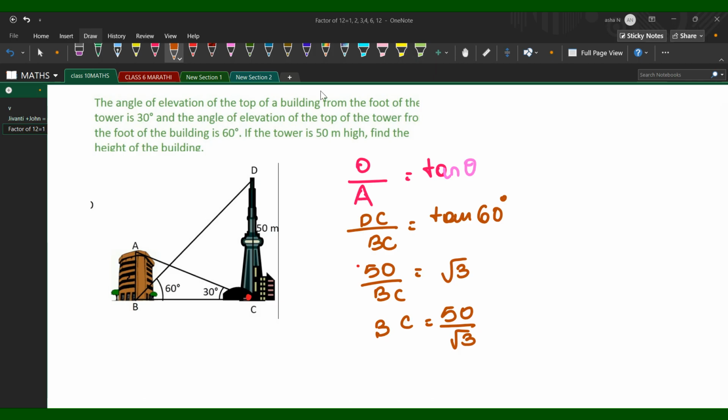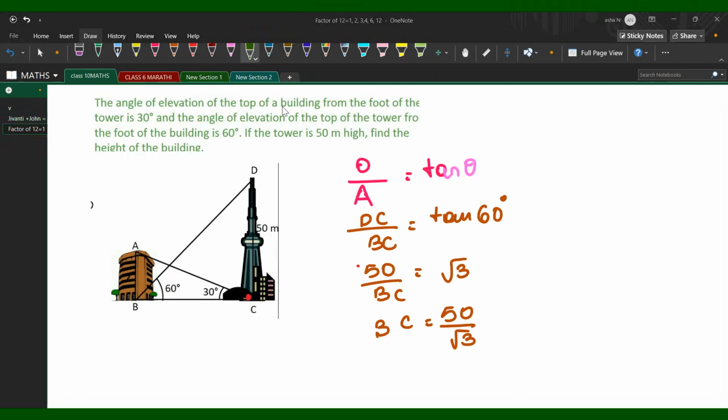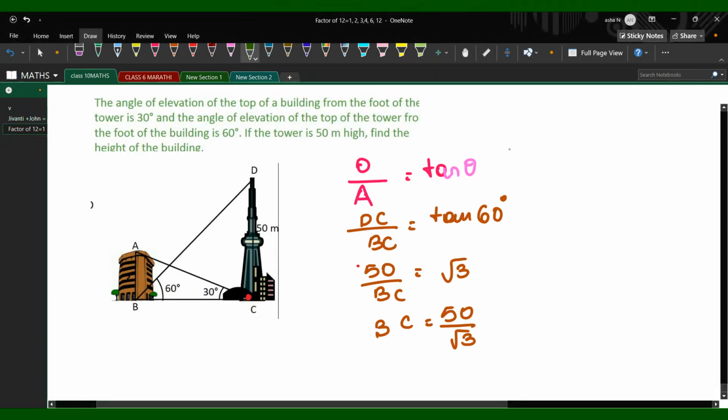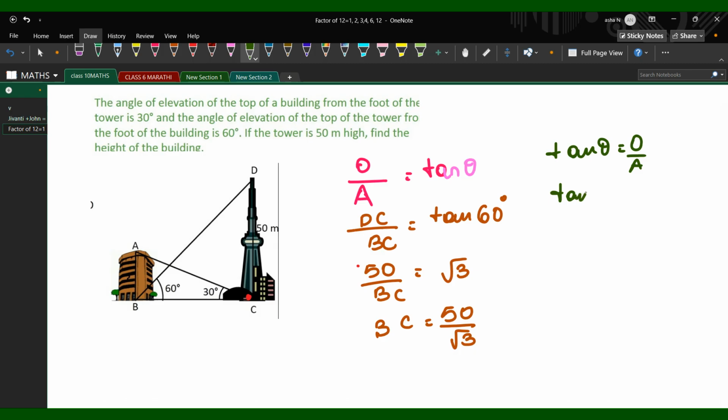And tan 30 we know the value. Wait, I will show you. See, what is the formula? Tan theta, which is equal to opposite upon adjacent. So what we are taking now? Tan 30 we are taking because we are talking about the smaller triangle, triangle ABC. So tan 30 we will take. What is opposite AB, which we have to find out. What is adjacent BC, but we know the value of BC. Now only we found out 50 root 3 upon root 3. So tan 30 is how much?